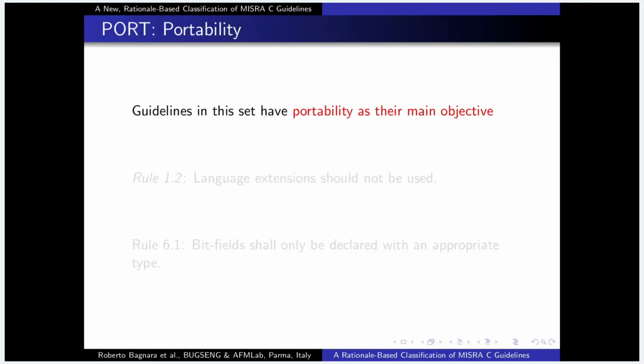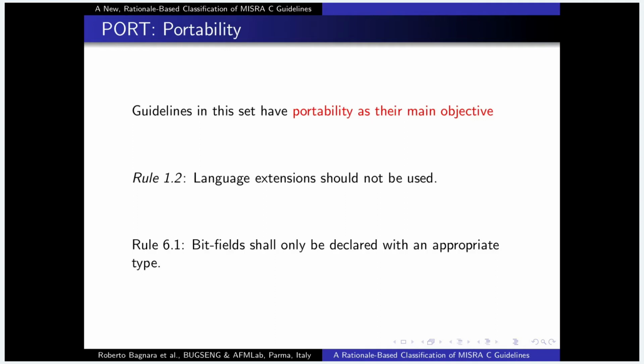Portability. Guidelines in this set have portability as their main rationale. For example, Rule 1.2 says language extensions should not be used. Of course, if you use an extension provided by your compiler, it may not be provided by another compiler, or worse, the other compiler may provide something similar, maybe with the same syntax, but with slightly different semantics. This is a good reason to avoid extensions if you care about portability,